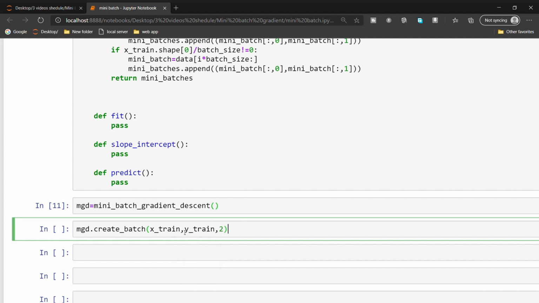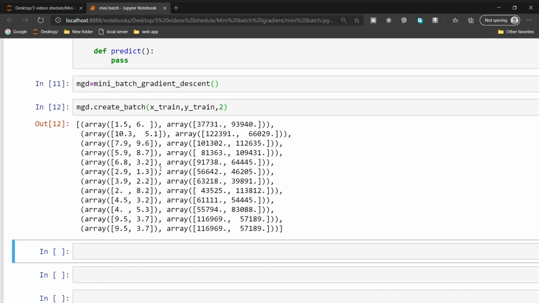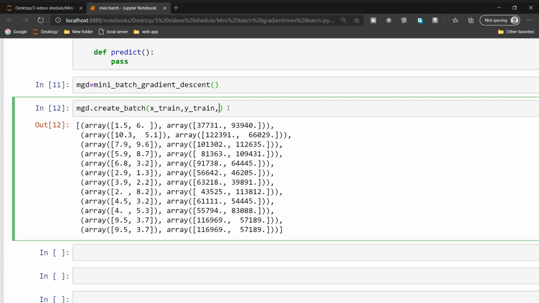I am giving 2 because in our training examples we have only 22 instances, so I'm keeping it very small as a batch size. So now you got say 1.5 and 6. These are the years of experience, and here it is the salary. For example, now change the batch size to 5.